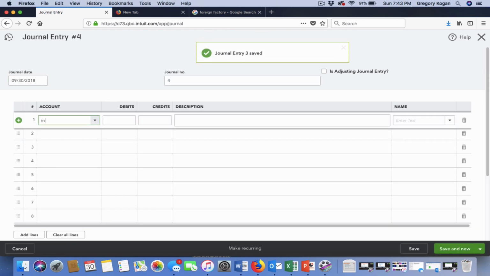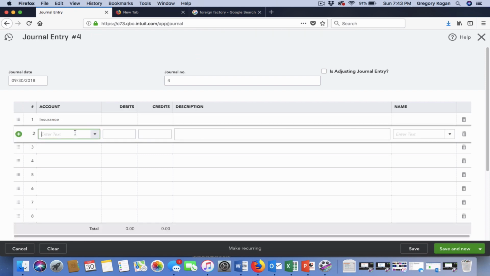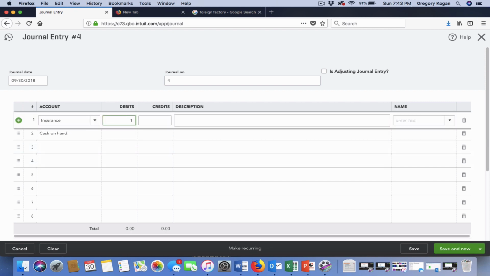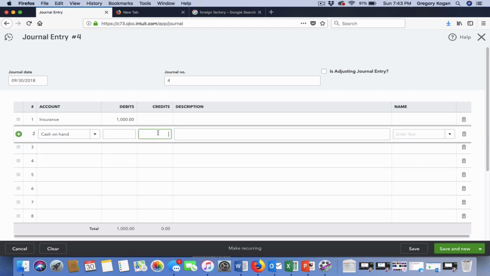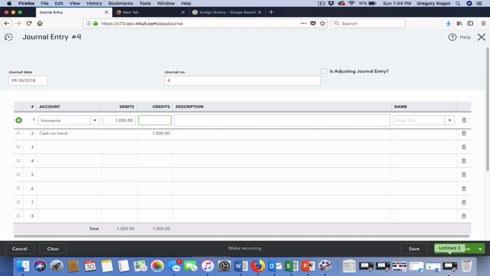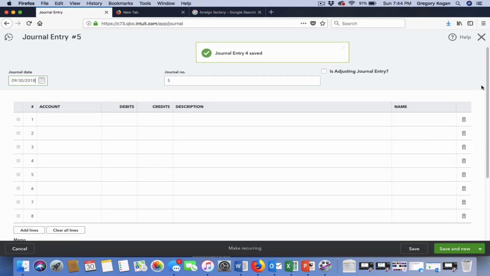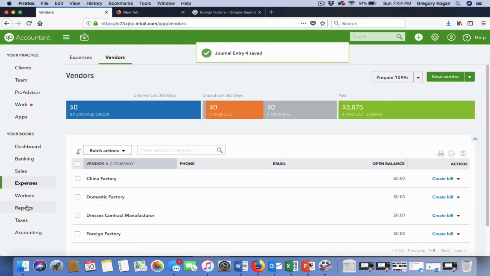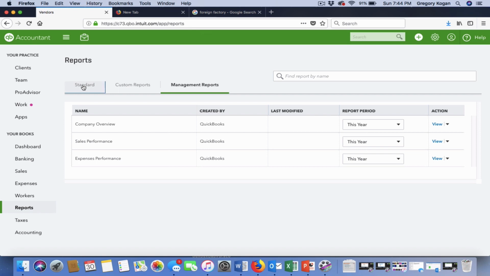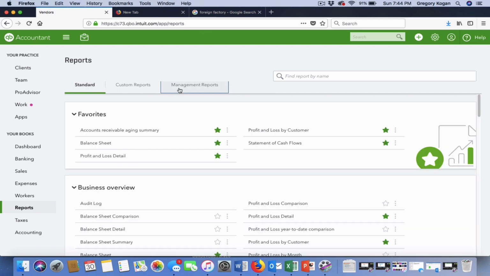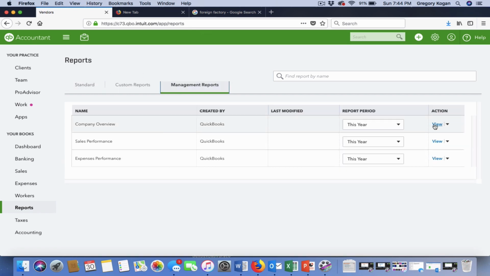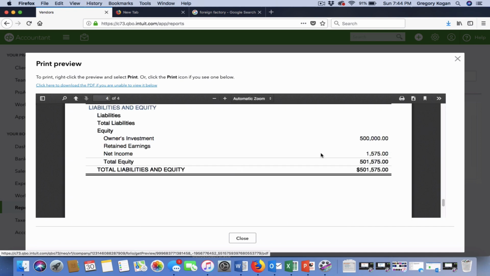So think about the expenses. Most of the expenses, it simply is a debit on this side is the expense, and the cash is a credit. So say you had to pay the insurance for your store, and again, you book it just like this. The expense goes to a debit and cash on hand goes to a credit. So I suggest you, again, book a couple of these, then go to reports. You can go to standard. I recommend going to management and simply clicking on view,